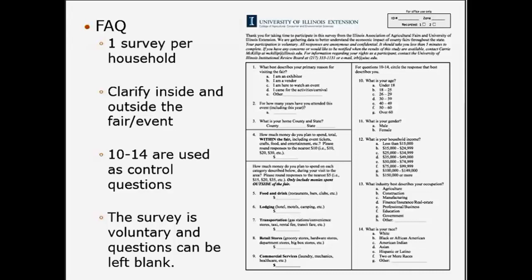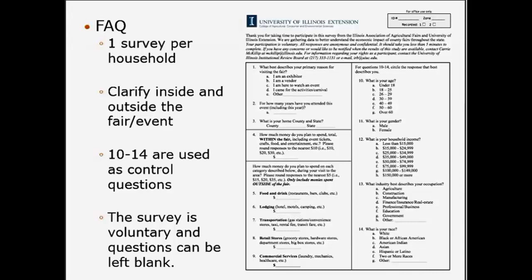And so if you're asked, which most of you will undoubtedly be, why are you asking me how much money I make? Or why are you asking me what type of job I have? The easy question and the simple answer is it just helps us understand who's coming to the fair and what type of people are attending the fair. And so that's a simple, easy answer for you in that case.